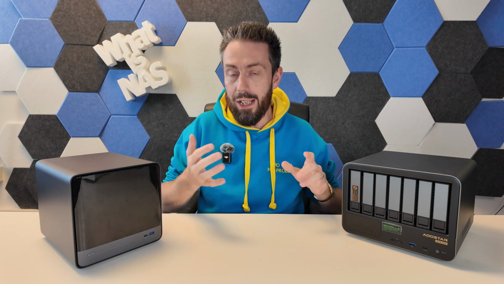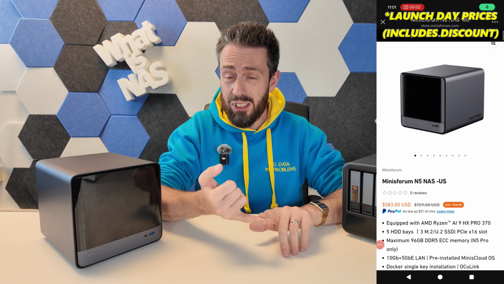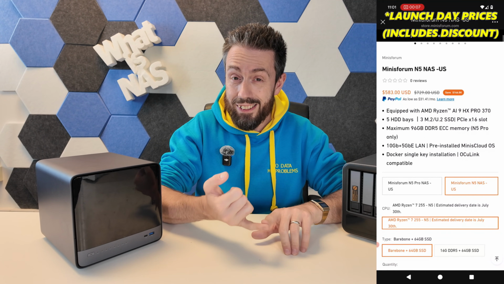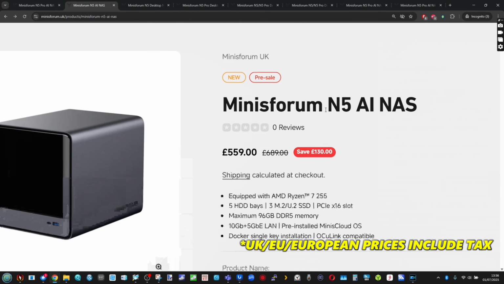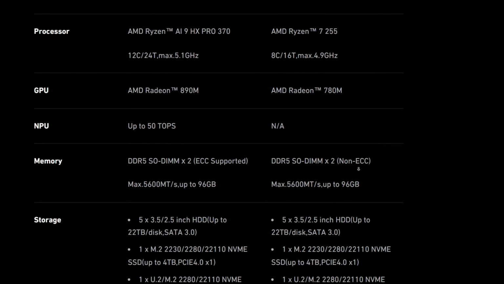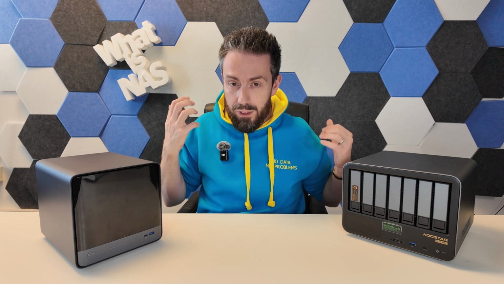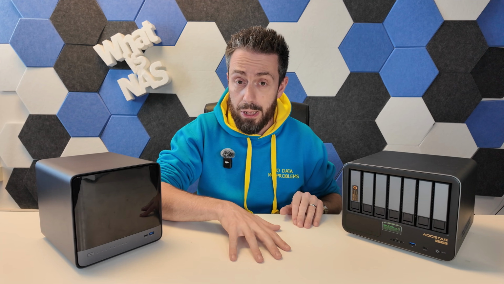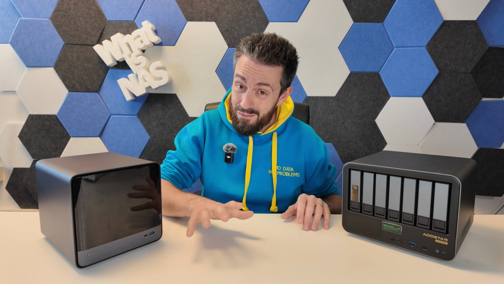Now there's a few extra things to add. Number one, the standard N5 is actually around $560 to $580. So it's actually the cheapest of the three. The hardware profile, which we'll get onto later on, is nearly identical to that of the Pro series. There's only two core differences between them. So really it's about how much you need from the device. But at least in terms of money you're laying down, the standard N5 from Minisforum is the cheapest of the three. However,